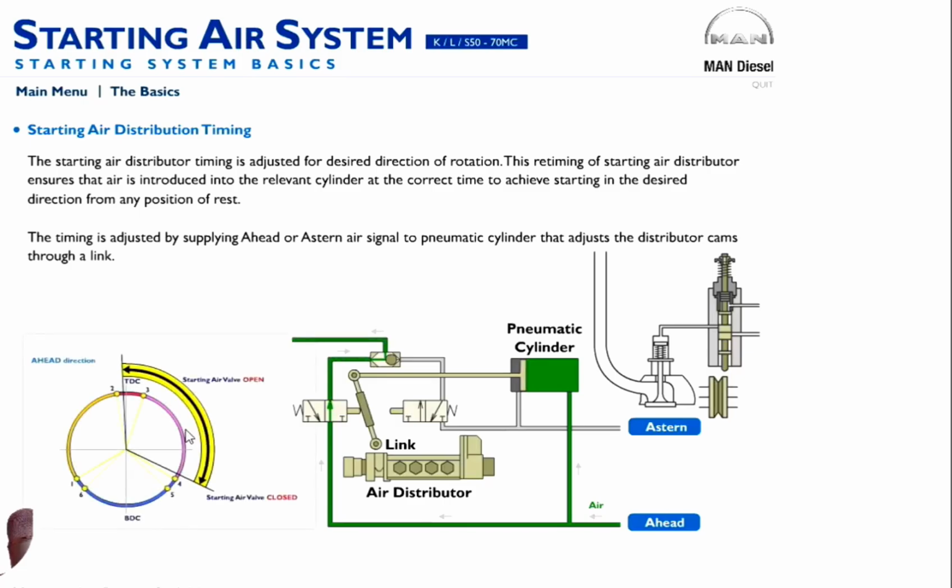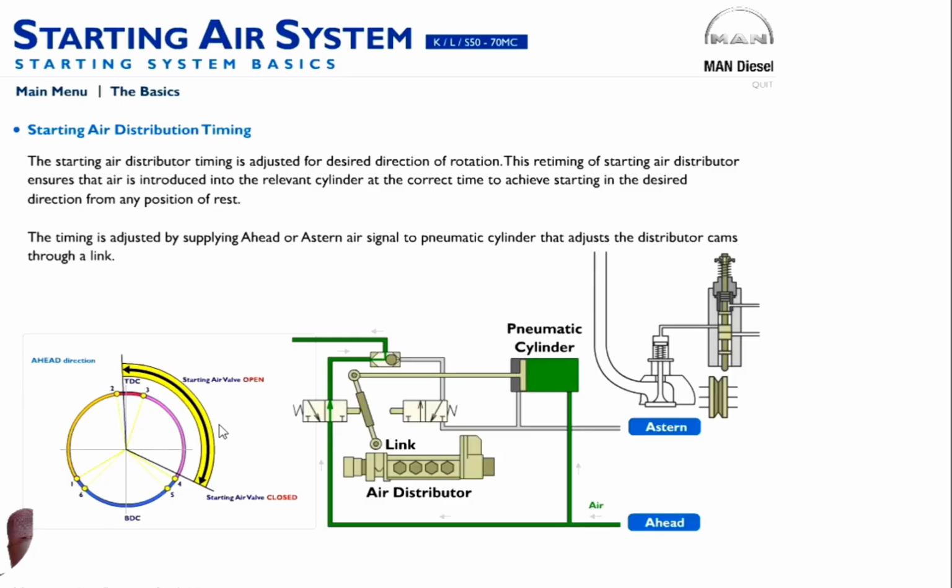That means if in the previous diagram the number 3 cylinder, which is at top dead center, will be turned to that side, in ahead position, if the engine is started like that, number 3 cylinder will be here, and will push from top dead center down, and next number 2 cylinder,